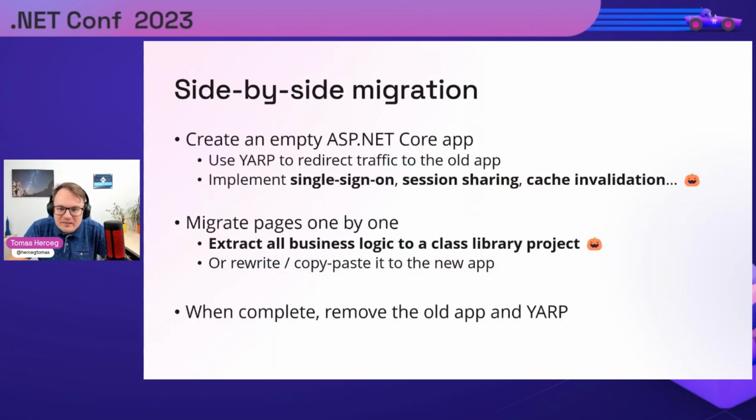So let's start with the first method, the side-by-side migration. You have probably seen it in other .NET Conf sessions, so I will not dig into details. Basically, you will create a new ASP.NET Core application targeting the newest version of .NET, and you will set up a YARP proxy to redirect requests from the new application to the old application. And then you can pull things from the old application and re-implement them in the new application. The things which have already been migrated will be handled by ASP.NET Core. And if some part of the application hasn't been migrated yet, then YARP will redirect the request to the old